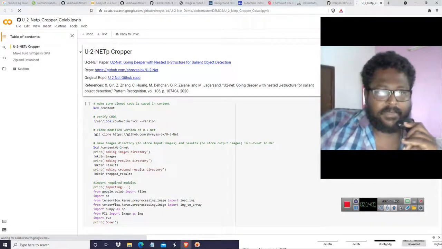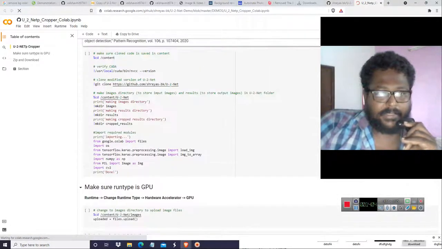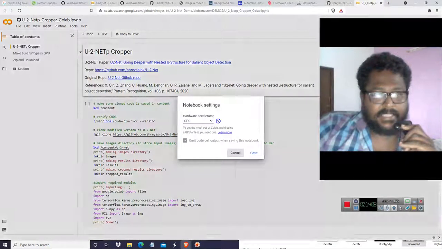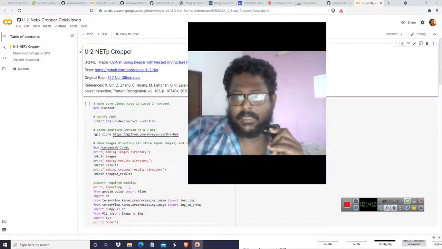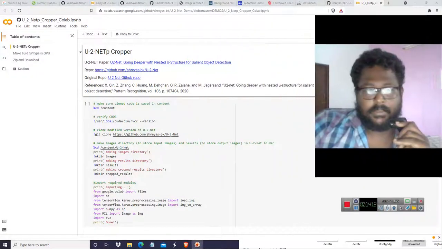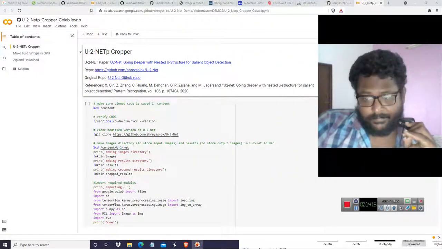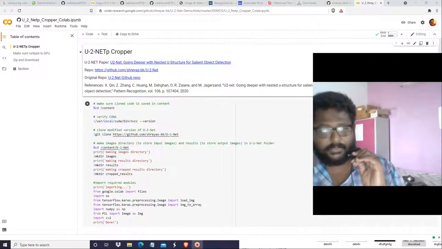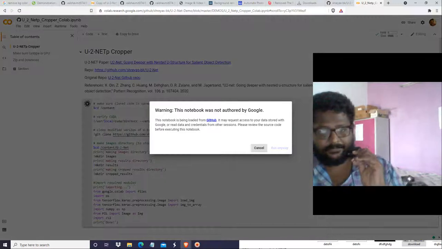Okay, they have given it over here, Shreyas BK and everything. So let's change the runtime to GPU and let's make it a hosted runtime. To do this, we have to have very big images, lots of very big images. So let's run this.